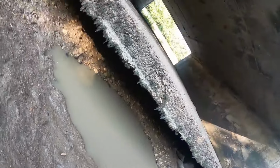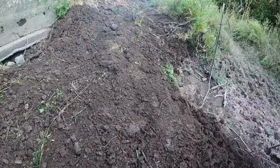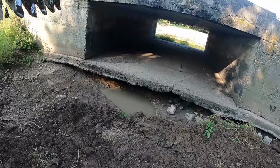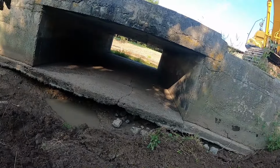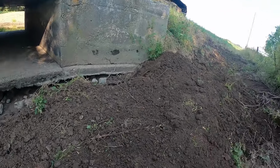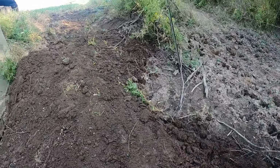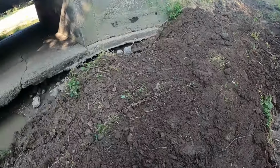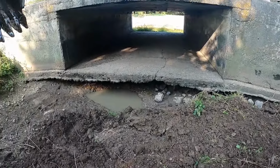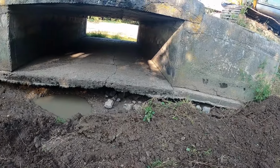Yeah, I mean, it's not all the way under there. It's probably 3 foot back. But it'd be nice if this fence wasn't here. I could take and slope all this, and slope that. Oh well, got to work with what you got. But I may have to end up by